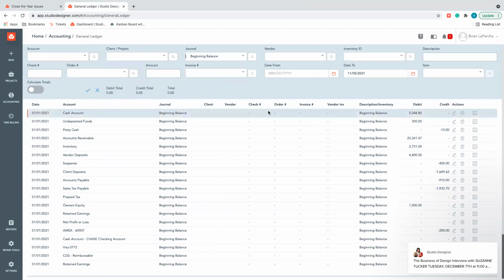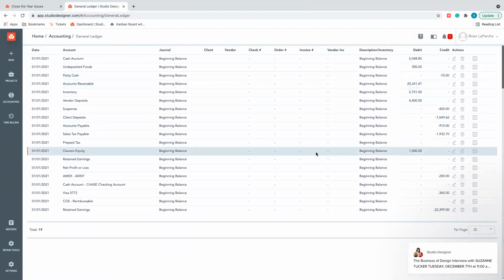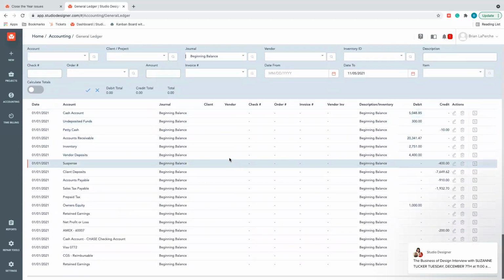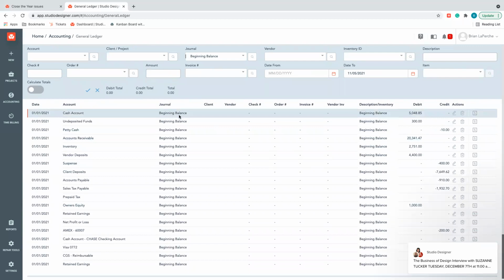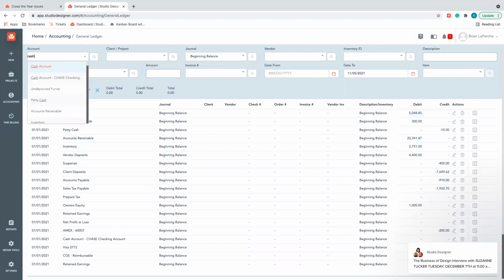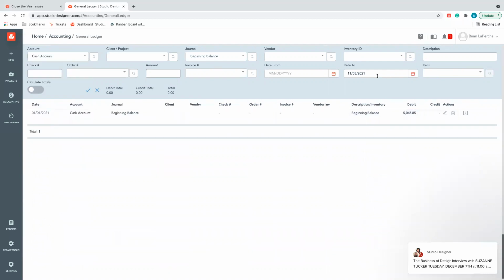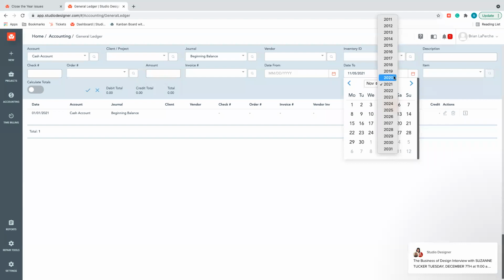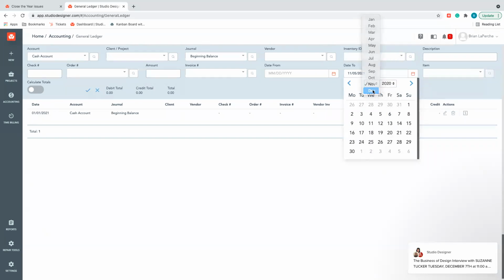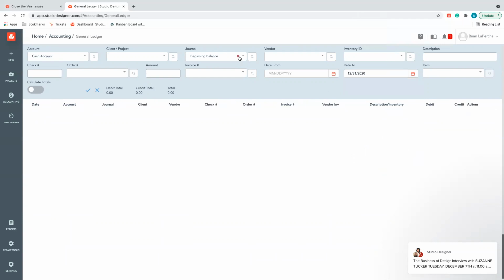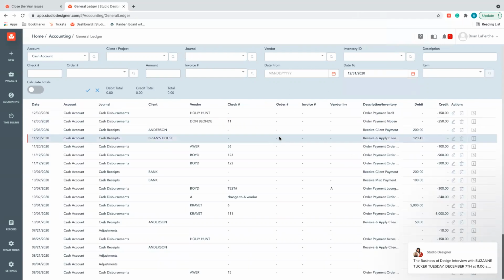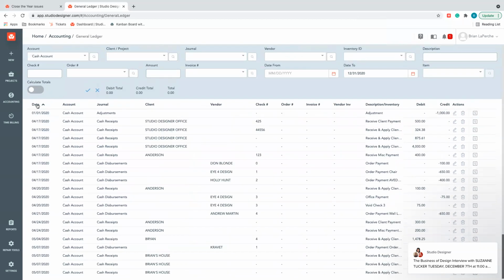You'll also notice that beginning balances happen. These were automatically generated by the system when I clicked that button. Essentially, for those who don't know, a beginning balance is taking into account whatever the balance was for all of your accounts at the end of the previous year. So for example, let's look at the cash account. If I were to look at everything from whenever I started Studio Designer, which was sometime in 2020,